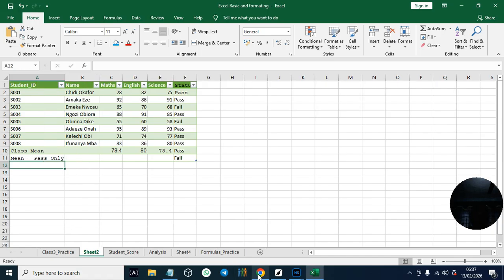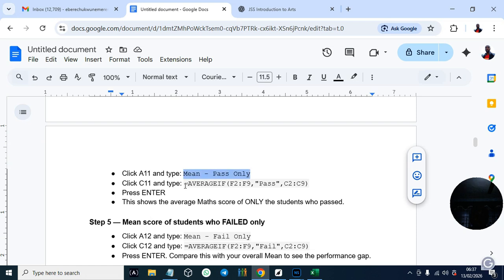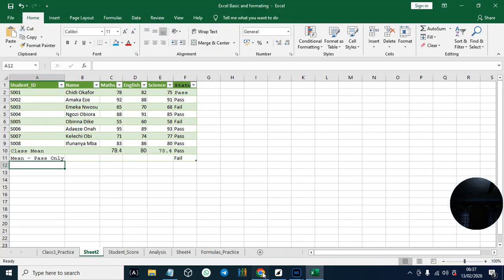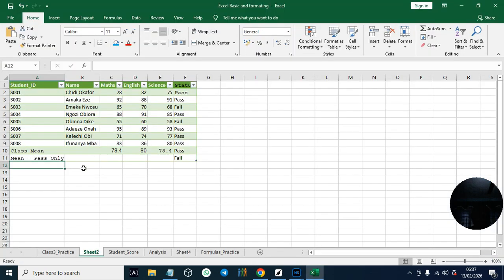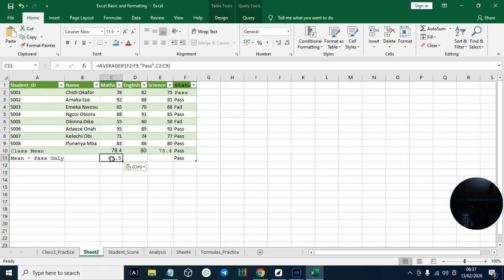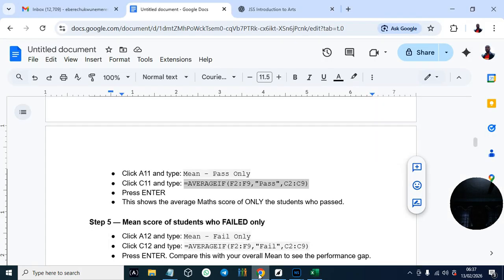Now you use this formula. Type it at C11, which is here. You see the average, giving us the average already, 84 points.